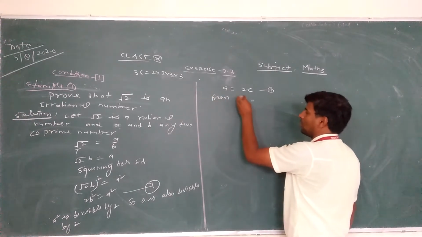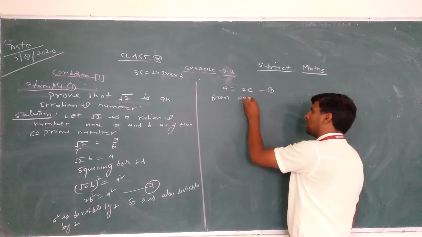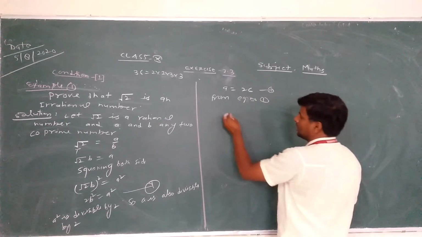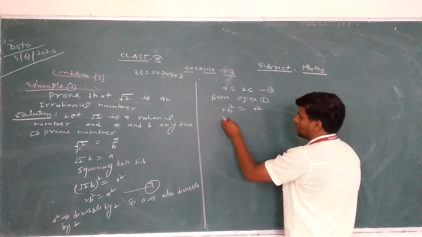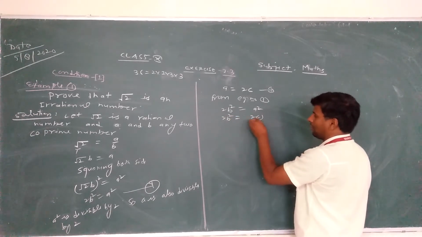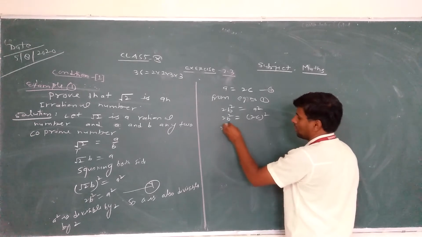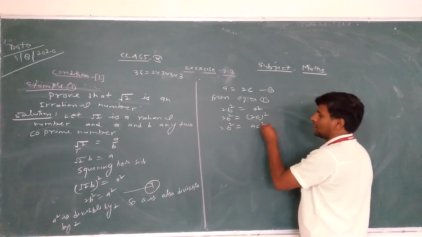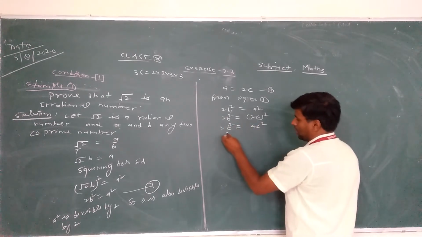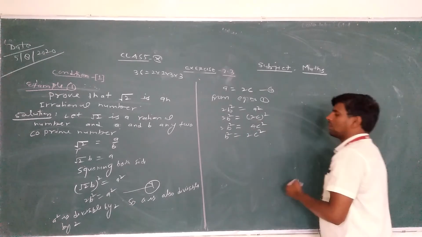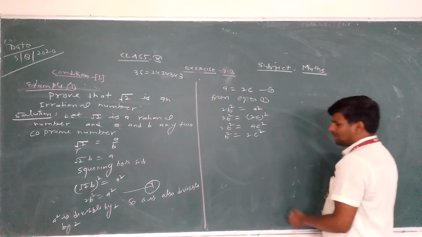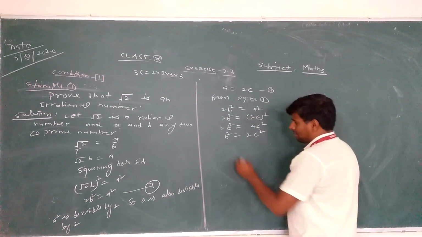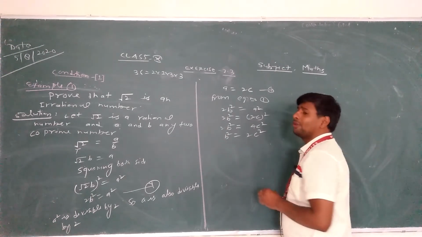That is condition number second. So we can replace the value of a. We can write down from equation number first, it is 2b square equal to a square. So 2b square, what is the value of a? 2c square. 2b square equal to क्या हो गया? 4c square. तो b square equal to क्या होगा? 2c square. 2 and 2 cancel. What is the sense of this condition? It means 2 is also a factor of